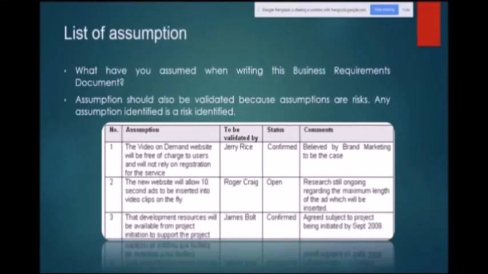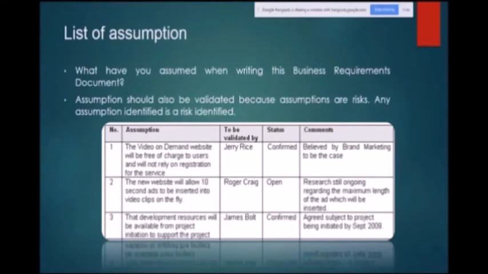Budget: we cannot go beyond this budget because we have been able to raise funds only up to this level. We cannot allocate more budget to this project. So therefore budget, and the skill set required to deliver this project, is again going to be part of this. So these are the constraints which we must write in the BRD.